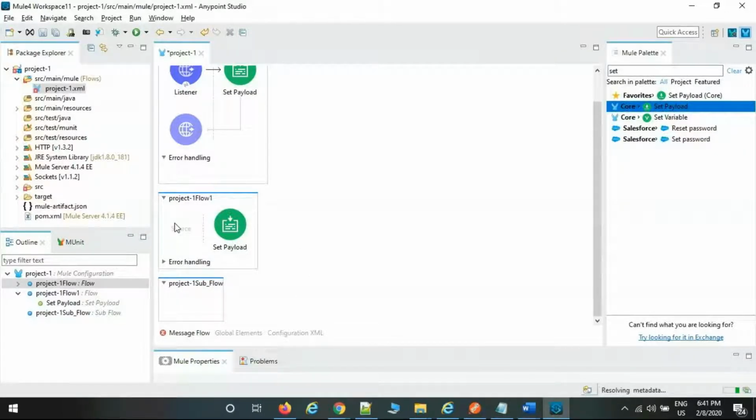For private flow, there is no particular private flow palette. The flow palette is available; drag it. There are three options, but for source, don't keep any connector. Keep it empty. You can configure only process, and error handling if you want. This flow is nothing but a private flow.